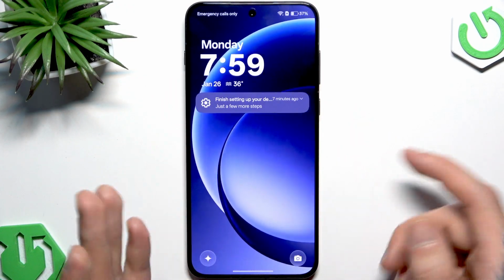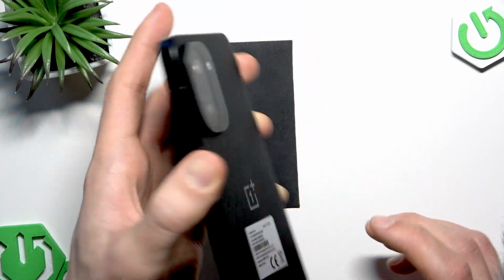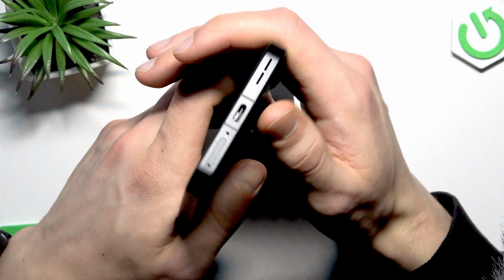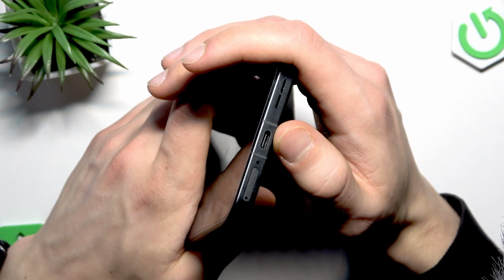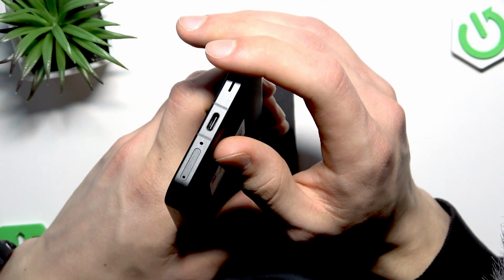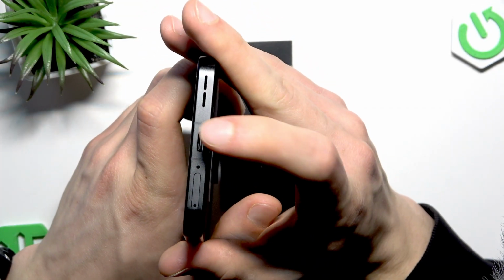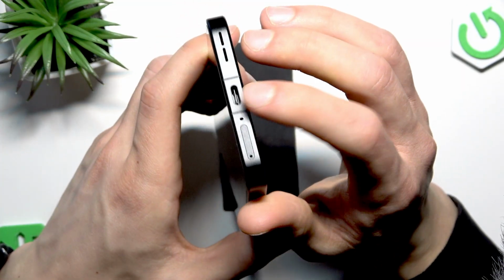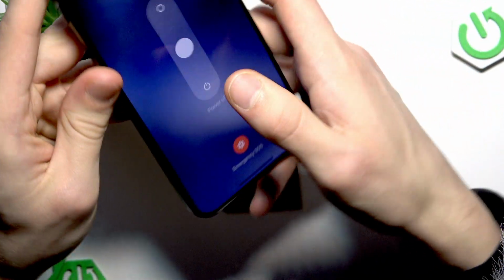So if you're using USB-C wired headphones, then of course begin by cleaning the USB-C port of your device. Use a soft brush to do this. Do not use any metallic tools or anything that can get stuck in here or break anything inside. If we rule out everything we don't want to use, the only option is a soft brush. So gently clean your USB Type-C port and then restart your phone by pressing the power button and volume up key